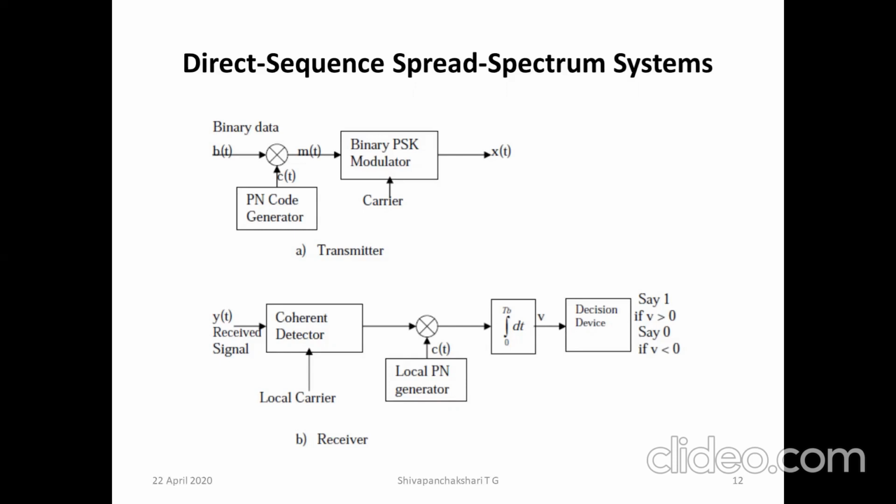Whereas in frequency hopping spread spectrum, we can make the signal occupy a very large bandwidth. We can spread the signal over a large bandwidth, but the problem is we cannot occupy the entire spectrum at the same time. It is done over a particular time. So both of them have their own applications, advantages and disadvantages, which we shall discuss in